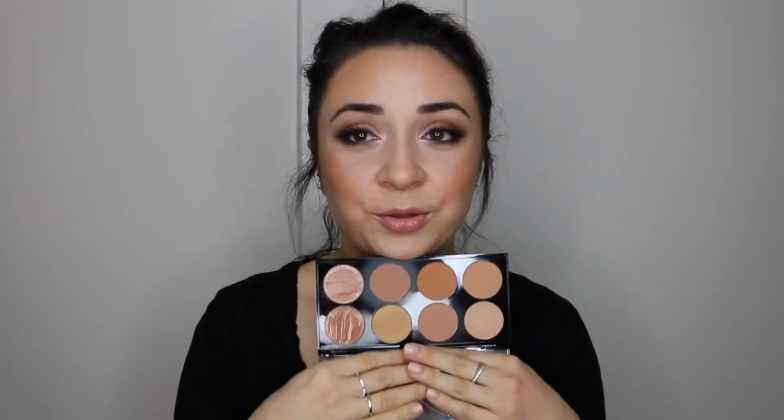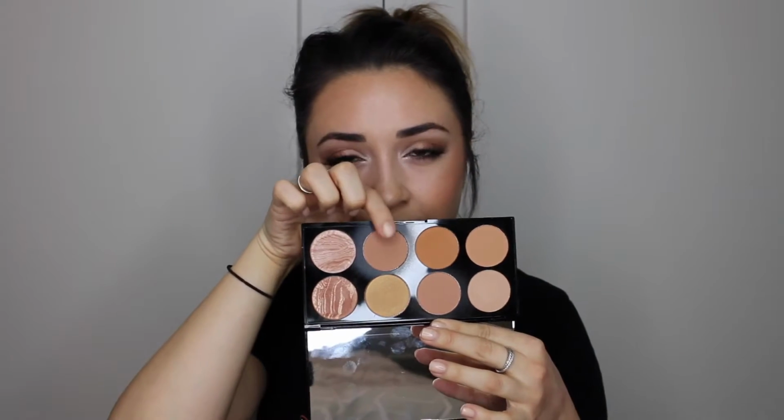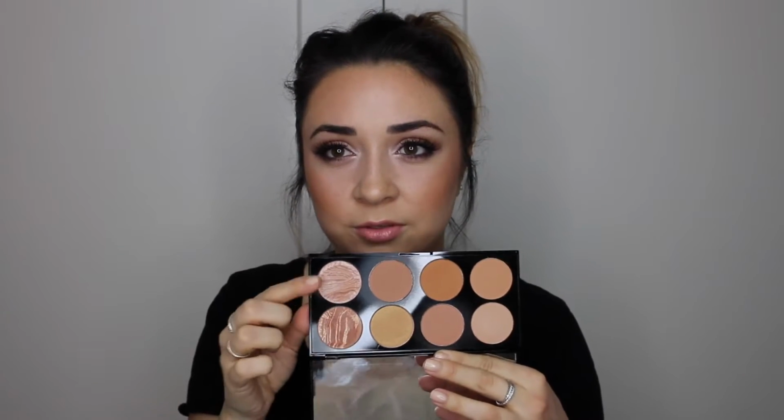The next item I want to talk about is the Makeup Revolution bronzer palette. You guys have seen this in a couple videos. The more fair I am, they look a little bit too warm. I do really love this shade right here in particular, and I love using these baked ones to add a bronzy highlight, if I'm going for a really glowy look, which 9 times out of 10 I am,